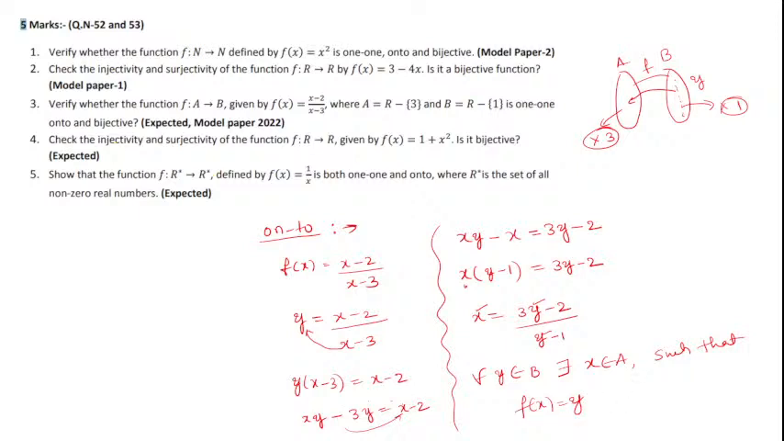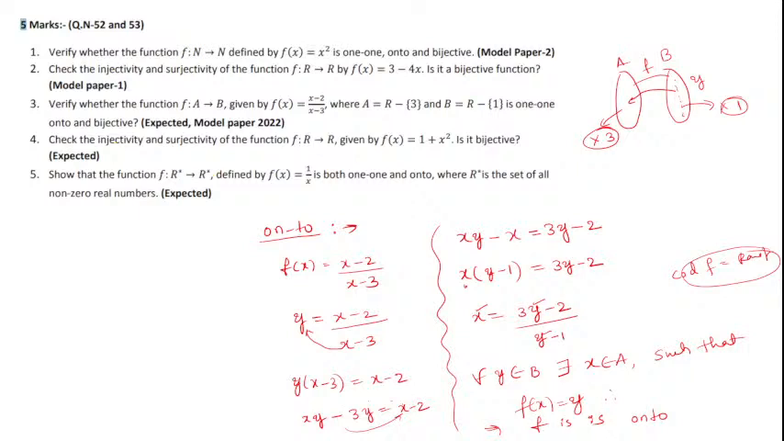So f of x equal to y, hence it satisfies the condition for what? Onto. Otherwise you can show codomain of your function f is equal to range of f if you are perfect. Okay? This implies my function f is